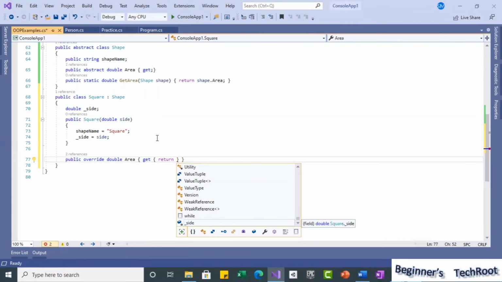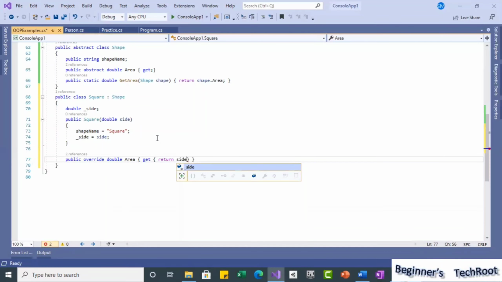You can even write underscore side into side.